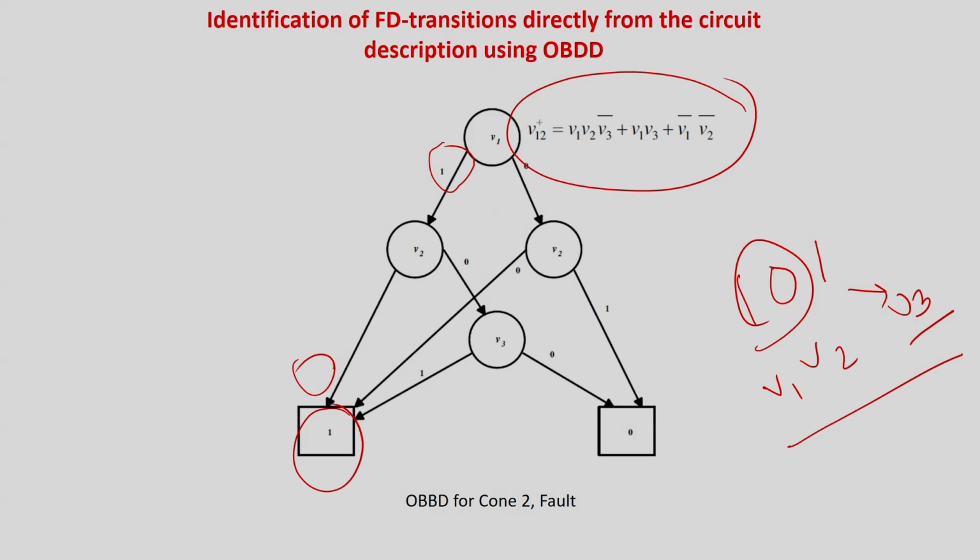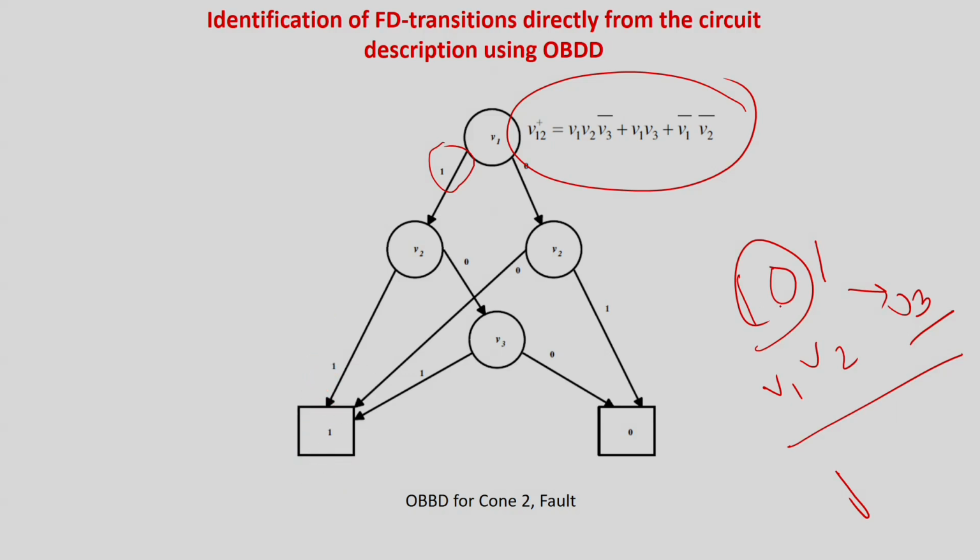So I am applying the value 101. Under fault you can easily find out from the vector itself, the BDD itself. So this is going to give the value of a 1. So this is 1. So the value is 0. So I have made a mistake. So the value is a 0.